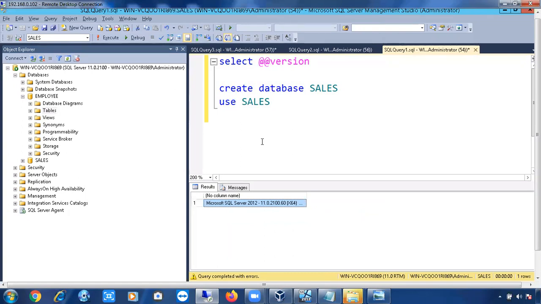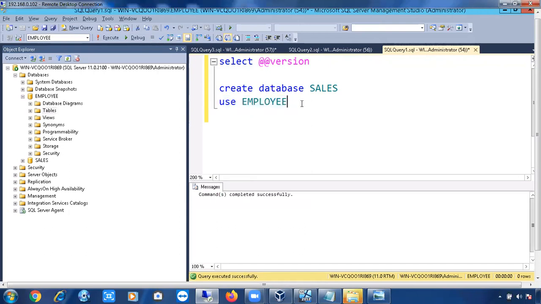Very important, right? Now I want to create a table in the employee database. Now I have to open a connection from the employee database, right? How can I open it? Simply USE database name, or select the database name from the drop down. Now I just opened the connection from the employee database. I want to create an employee table. What is the syntax for creating the table? Very simple syntax, don't worry at all. The syntax is CREATE TABLE table name. That's it. Just type TABLE and provide the name. Imagine I am providing the table name as employee. This is my table name.